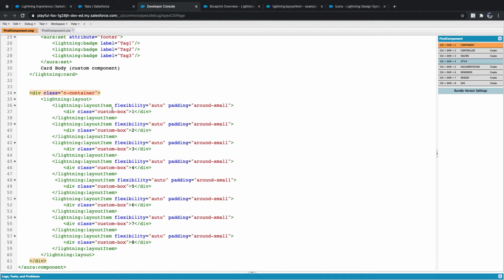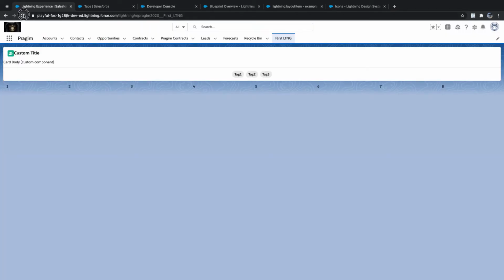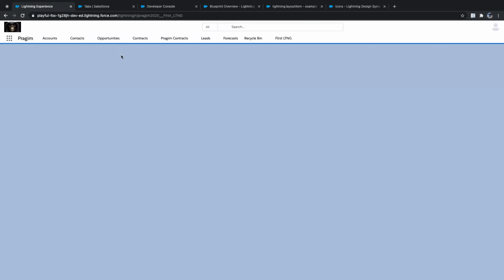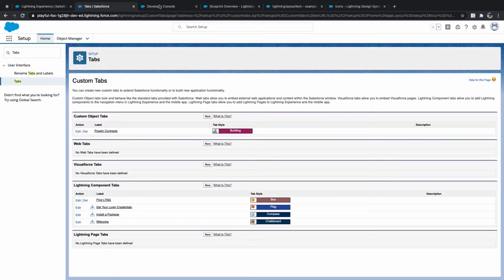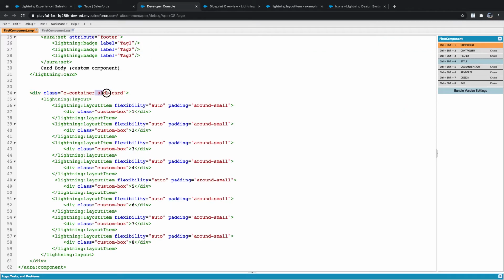SLDS container, SLDS card. Now we got it, like 1, 2, 3. Otherwise, we can do it a different way for a better understanding.